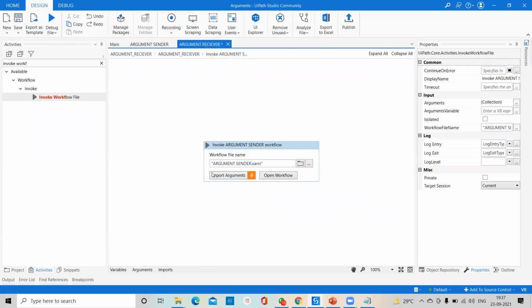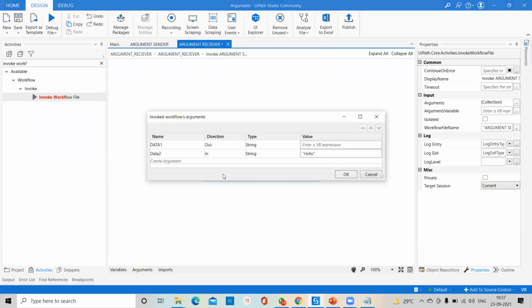Here what we'll do, we go to Import Arguments, and here we have data1. Try to understand. In data1 we have data. So here we'll press Ctrl+K, especially for creating this variable, and I can create v_received. Here we have created one variable, and whenever you create a variable, always prefix it with v. That is the best practice. Press enter and click on OK.